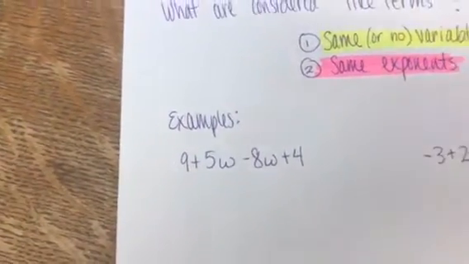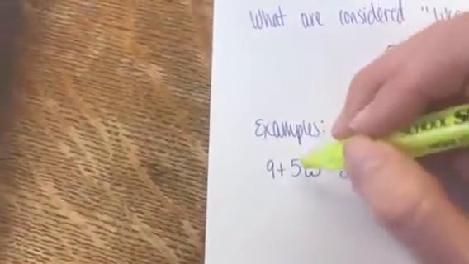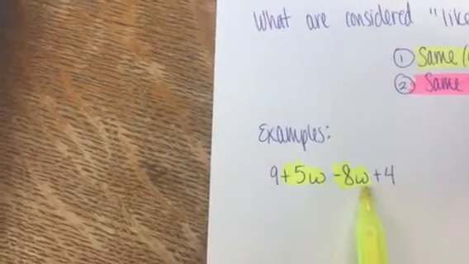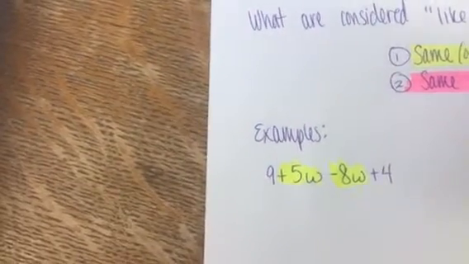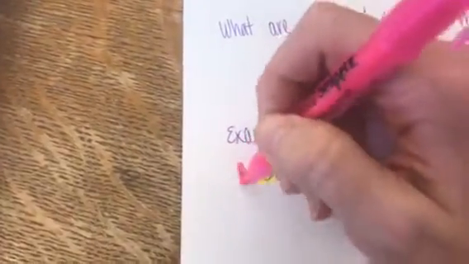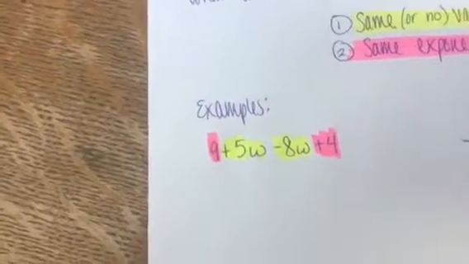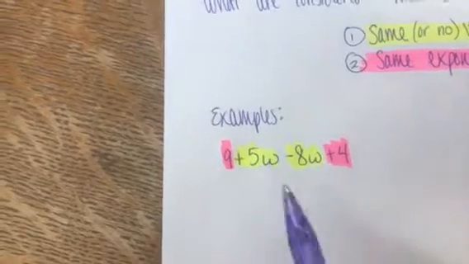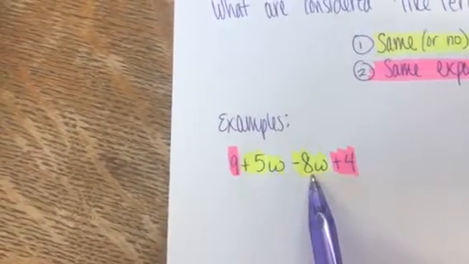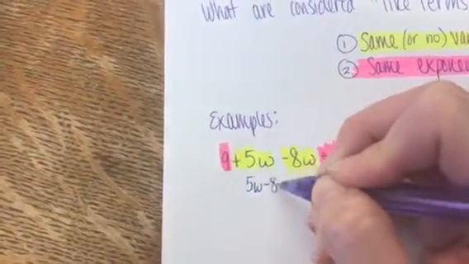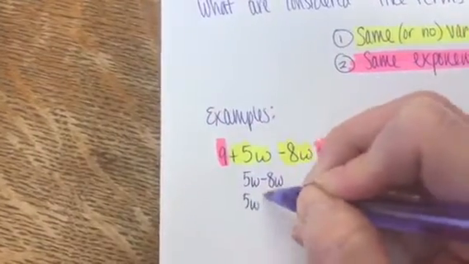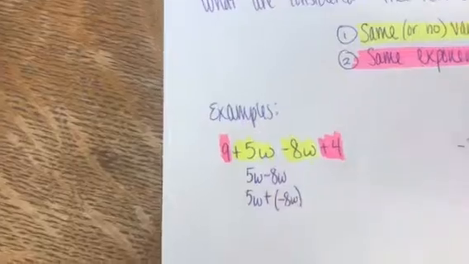So I'm going to use my yellow highlighter to show that positive 5w and negative 8w have the same variable. They both have a w with them, so those are like terms, and I'll be combining those below. And then positive 9 and positive 4 don't have any variable, so those are like terms, and I'll be combining those below. So what I had in yellow was 5w and a negative 8w. You can think of that as 5w minus 8w, or 5w plus a negative 8w. Either way, you get